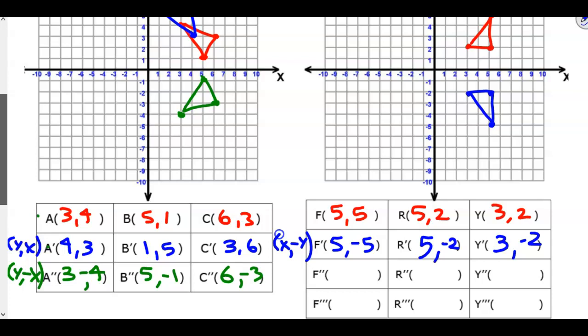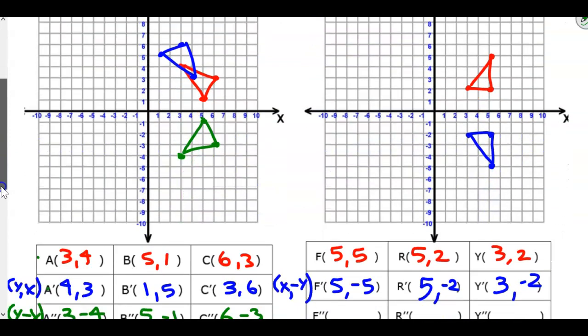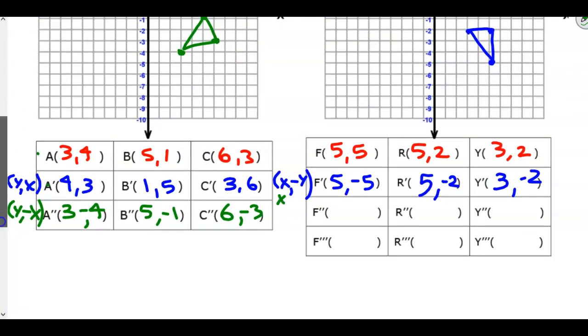Now, after transformation 1, I'm going to use those new points to get my next transformation. And let's go back up here. What am I going to do? Go green. Translate, which means shift. X minus 2, Y plus 3. Now, hopefully you know X minus 2 means left 2. Y plus 3 means up 3. So you can actually move the points left 2, up 3. That's one way to do it. Or, down here, X minus 2, Y plus 3,